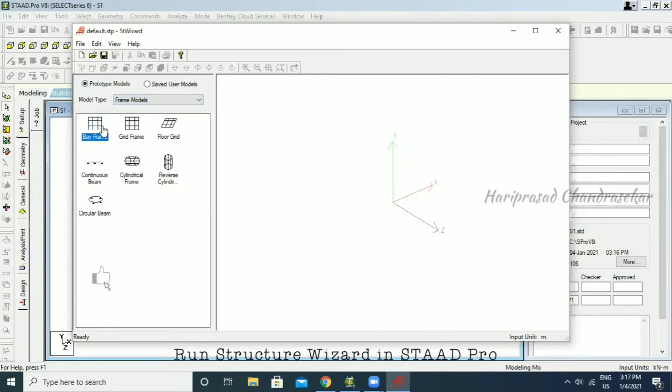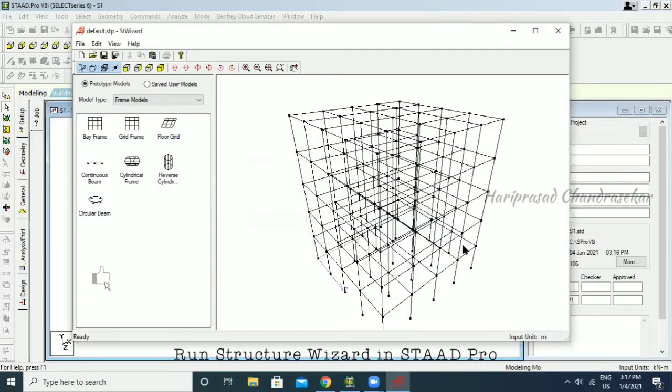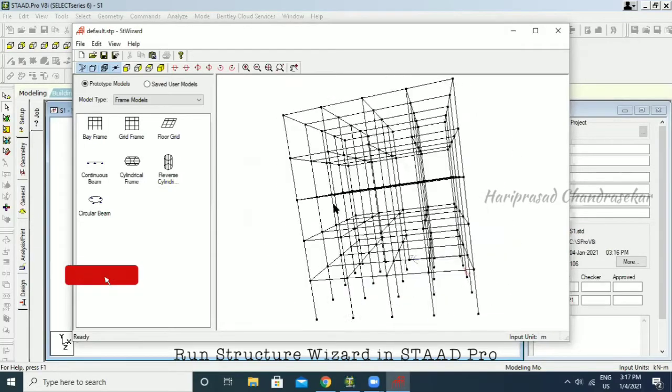You can just drag and drop. You need to drag and drop in this window. And later you can go for modification. If you want some unique name, you can go for naming it, but naming is not an issue. I'm just going for apply. Now I'm putting apply. Can you see the structure? You can even rotate and see.